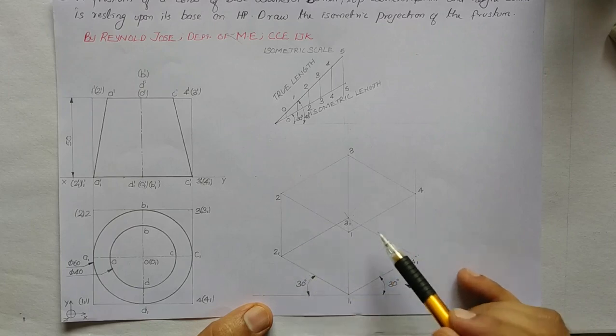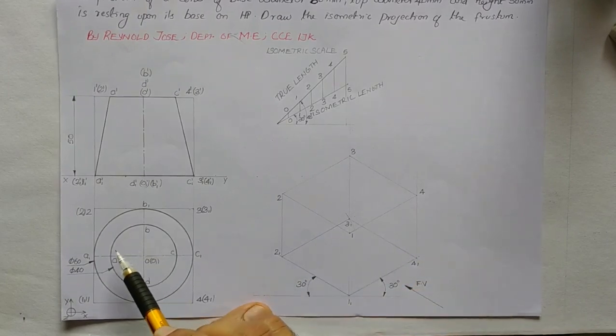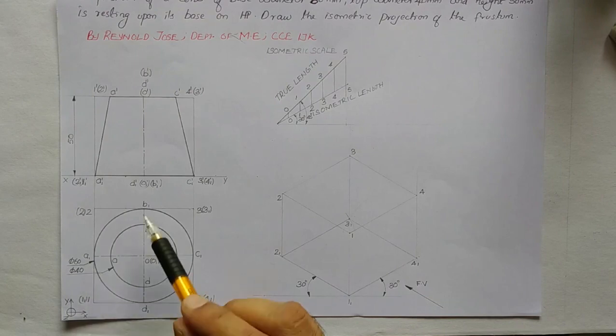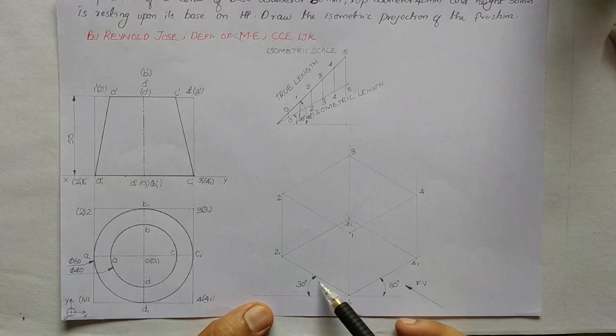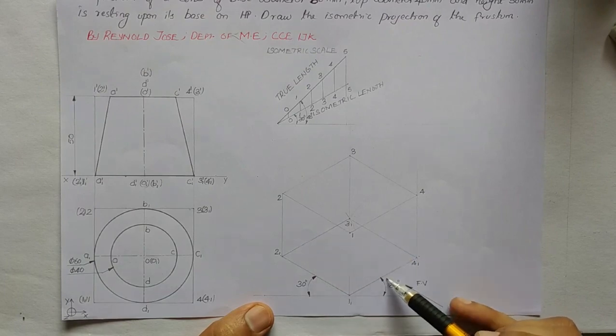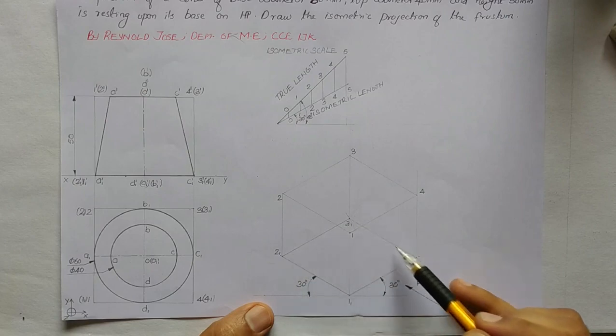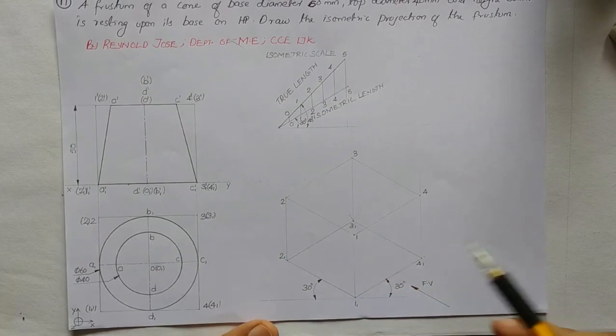So along the base plane, what we are having is A1, B1, C1 and D1. We shall mark A1, B1, C1 and D1 along the base plane, along 1₁2₁. This is 1₁2₁. Here in the middle we will be having A1. Likewise here it is B1, C1 and D1. So first we shall mark A1, B1, D1 and C1 along the base plane exactly at the center.